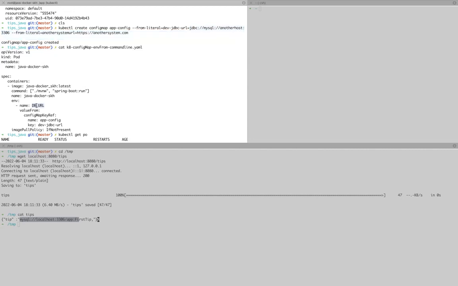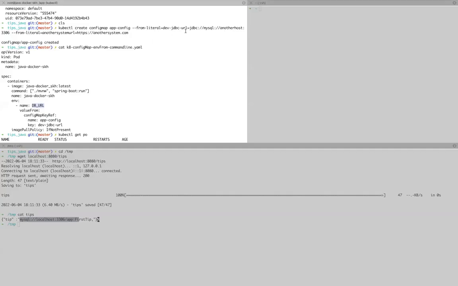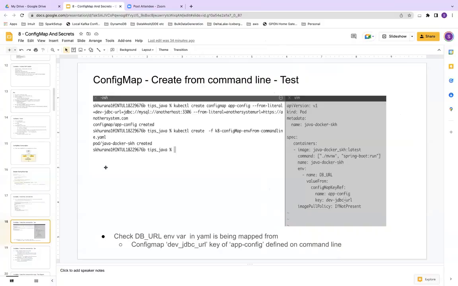db underscore url is defined here in Spring Boot. So Spring Boot will automatically take it from the environment variable and set the value of this variable as this. Correct? So that's how it works. Hope it is clear. Now let's go back to our